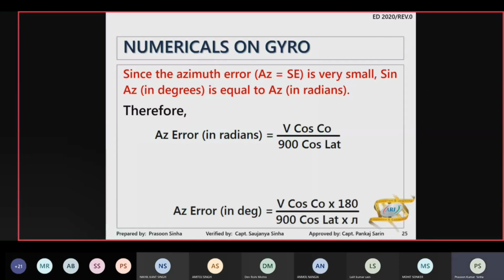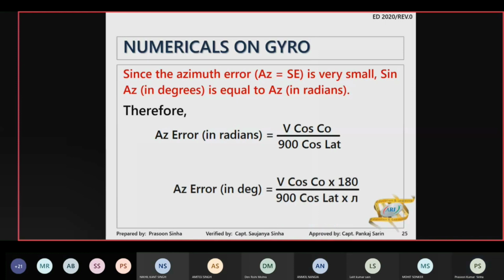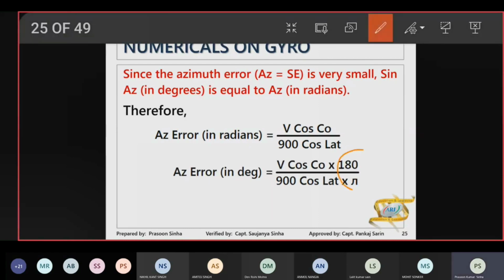So in order to do that, azimuth error in degrees, we have introduced 180 by pi, that's the value of 1 radian. हमने इधर भी मल्टीप्लाई कर दिया 57.3, which is basically 180 degrees by pi radians, और वही यहां पे भी कर दिया।